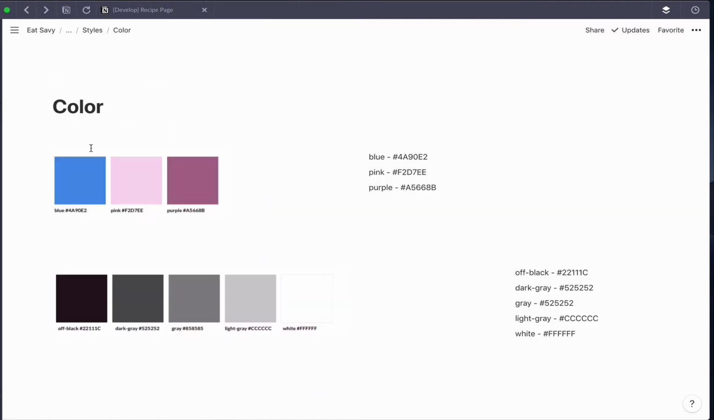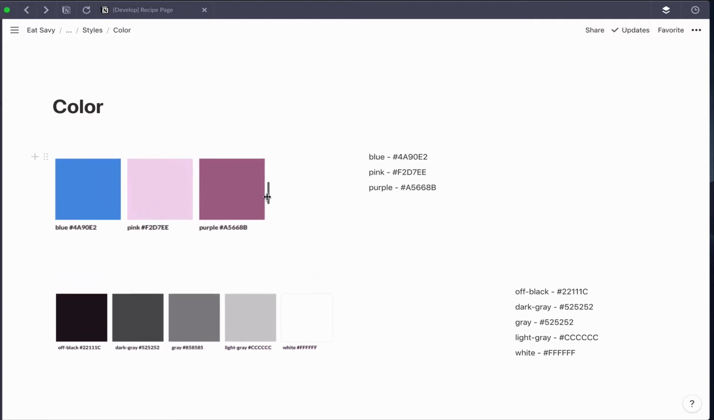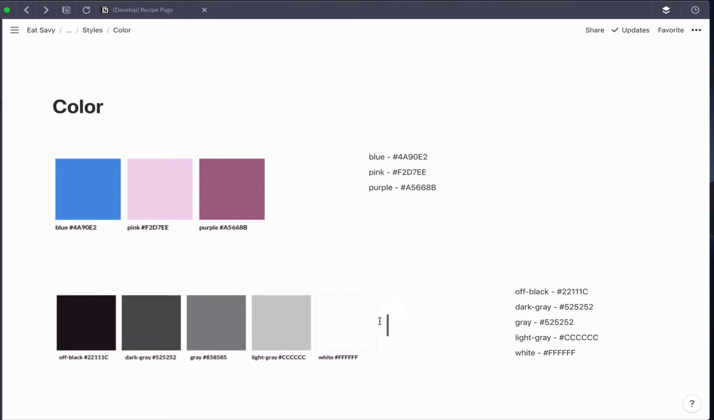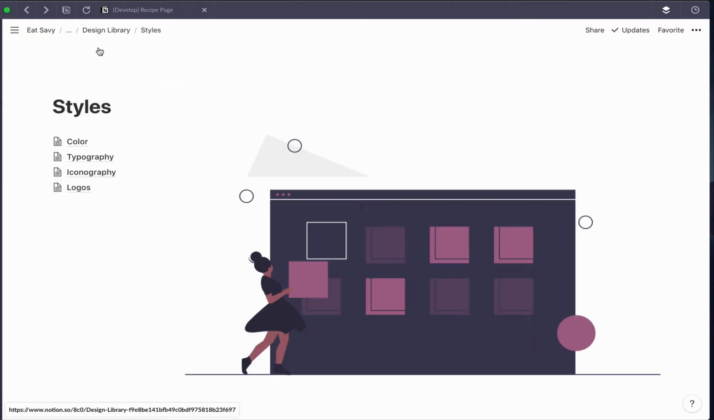So here we've got our colors, and I just did a screenshot, because there's no way to create the colors here. I could have done maybe a CodePen embed, but I just thought this would be fine enough to just go ahead and do the colors this way. All right, I've done the